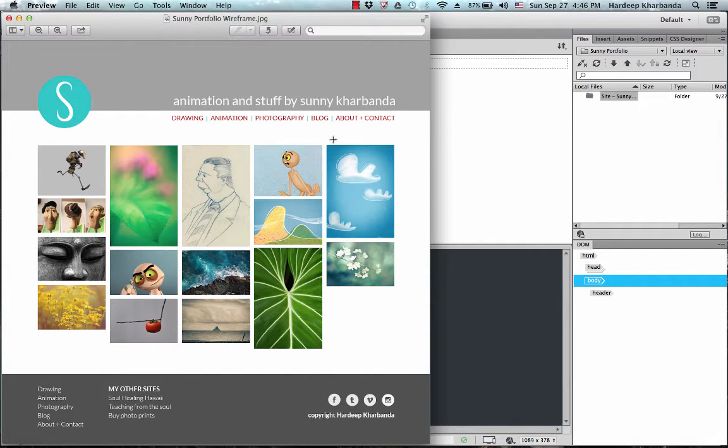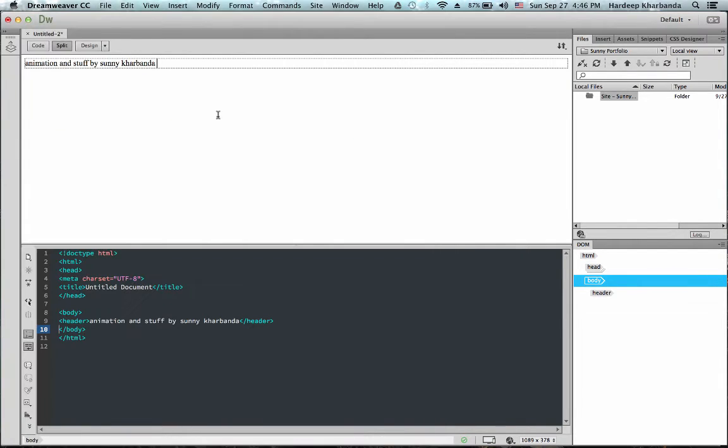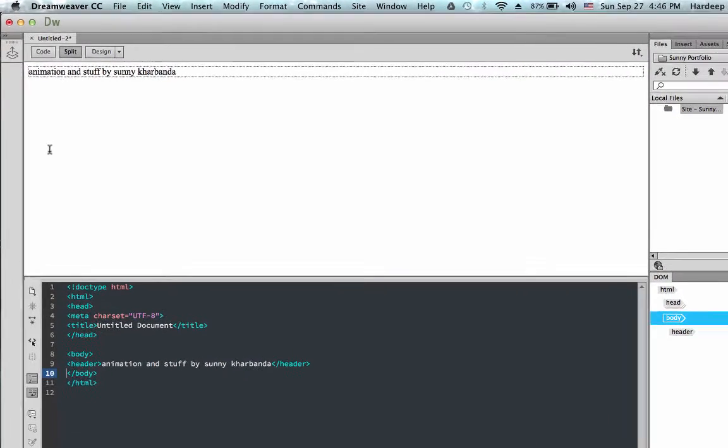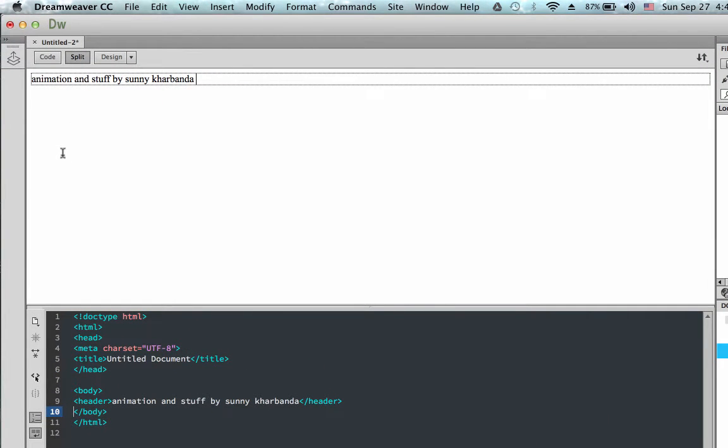Next, I'm going to add a section which will hold my homepage content. To do that is quite simple. I bring my cursor down here below my header and click once. Look, in my code, my cursor, this gray line, is appearing after the header ends, but it's still inside the body. How do I know it's inside the body? Because it's before the closing body tag. This is the closing body tag. My cursor is before the closing body tag, which means it's inside the page body. So I'm in a good place to insert my section.